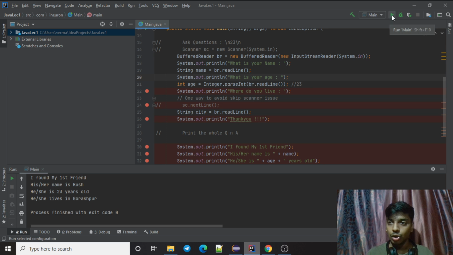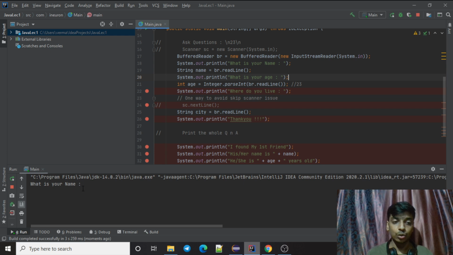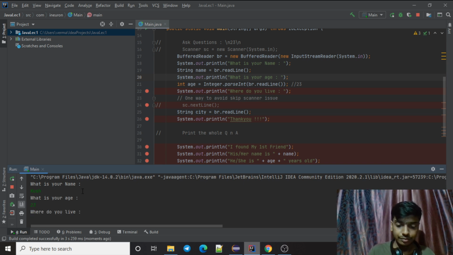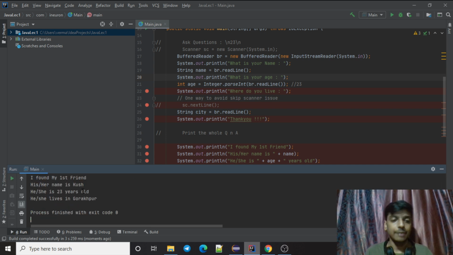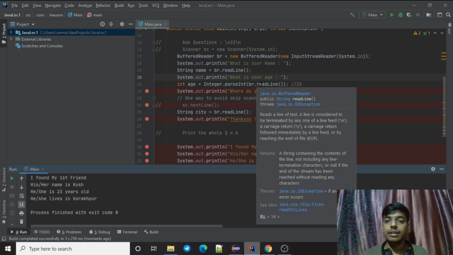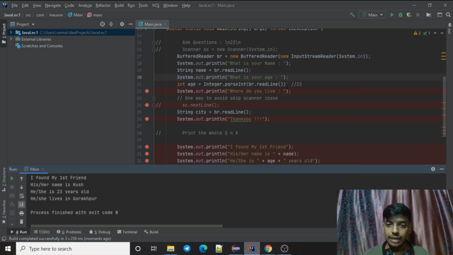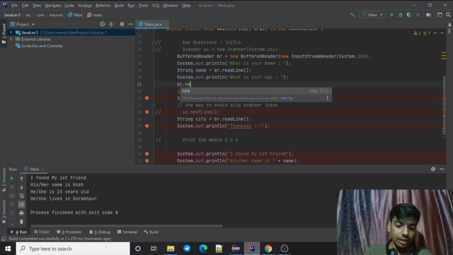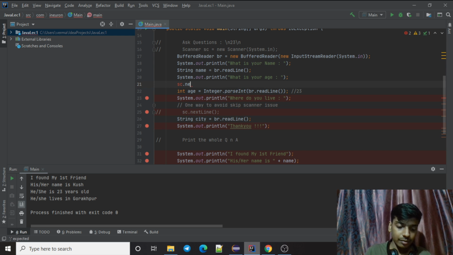I already told you, always use buffer reader rather than scanner, because buffer reader is faster. Buffer reader has no issues as such as scanner. These are the main reasons why a lot of people use buffer reader. So why is buffer reader faster than the scanner? As I already showed you, scanner has something like sc.nextInt.